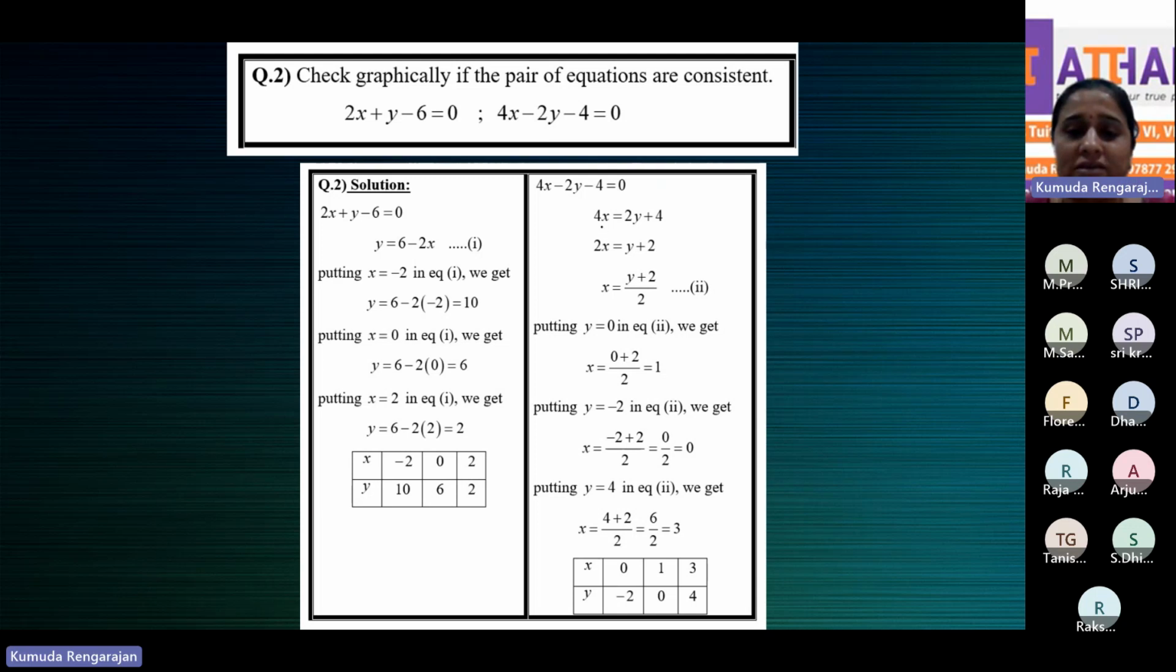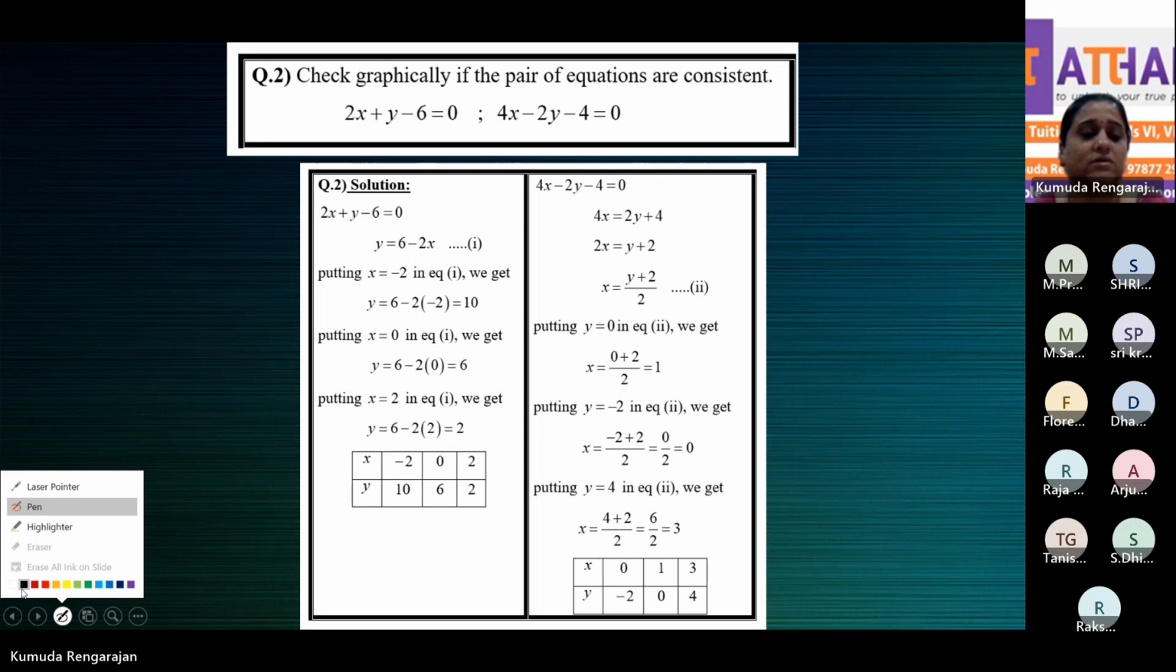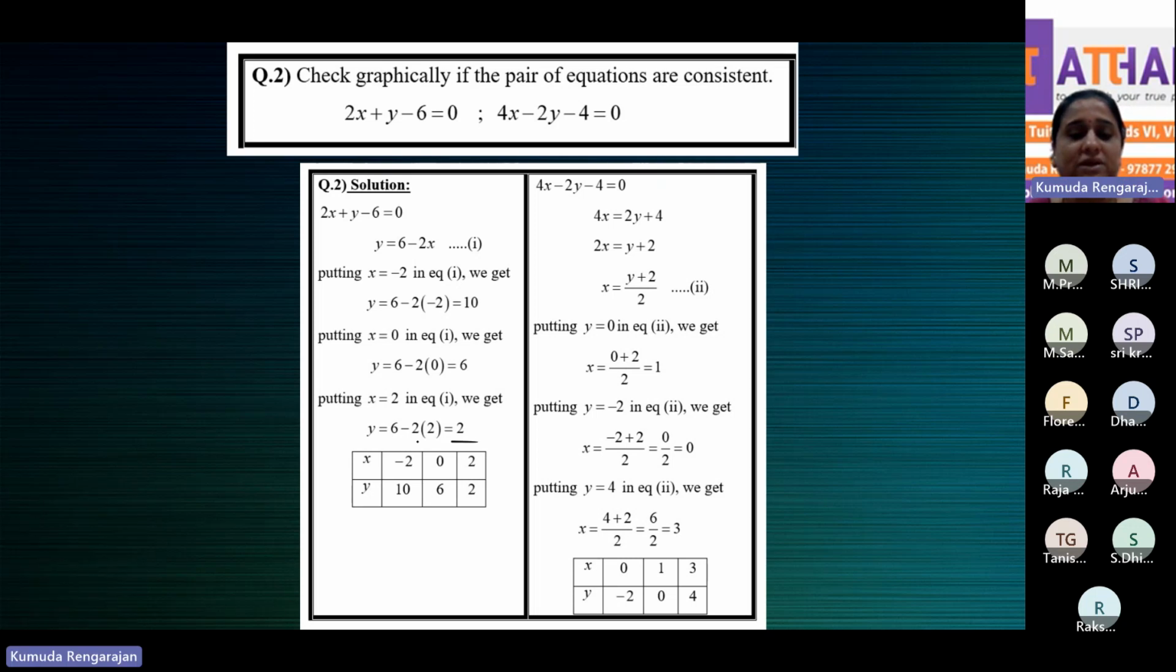Okay, so I was telling you, 4x by 2, 2y by 2, 4 by 2, so 2x equals y plus 2. If possible, you can simplify the equations by dividing by a common factor throughout. So I have done that, and then I've written x is equal to (y plus 2) by 2. All right. So like this, you should prepare the table,